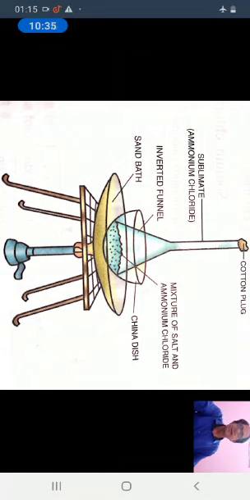First we will heat the mixture. Why? Because camphor will sublimate. So when we heat the mixture, camphor sublimates, and then what is left behind? Potassium chloride and iron filings. Then the next step is we will pass the magnet. So iron filings will cling to the magnet and potassium chloride will be left as residue.